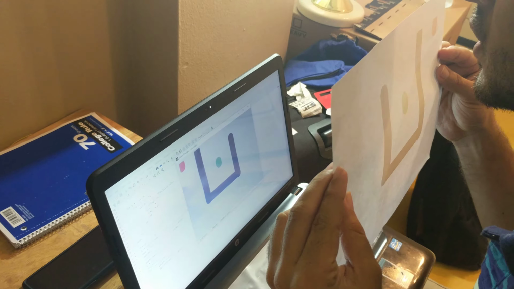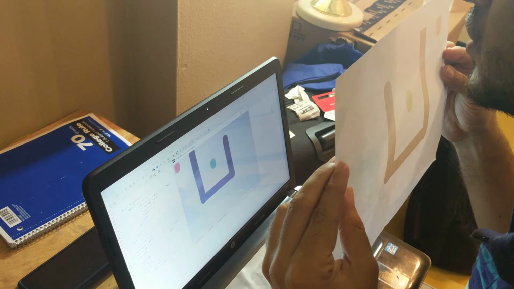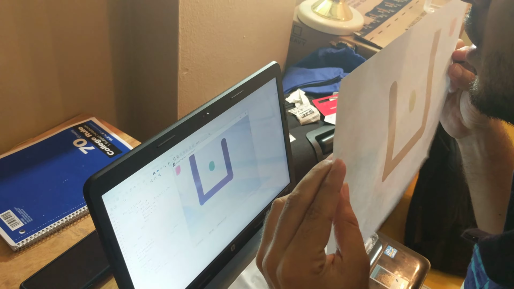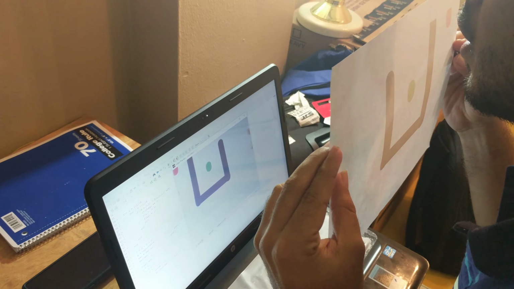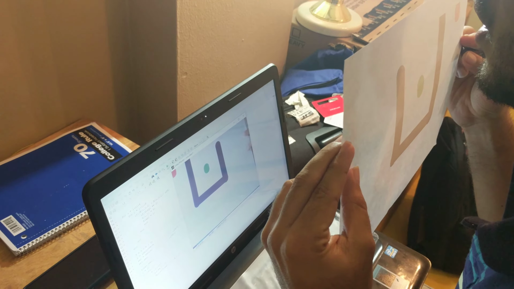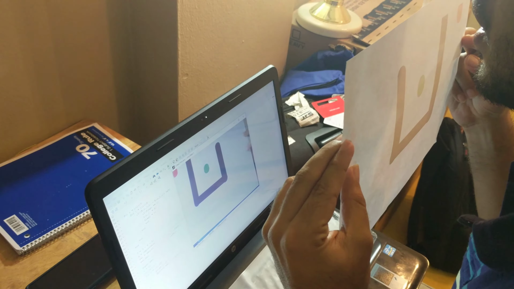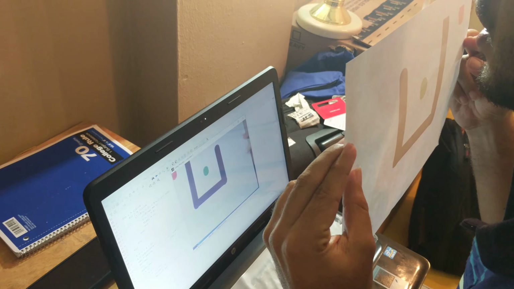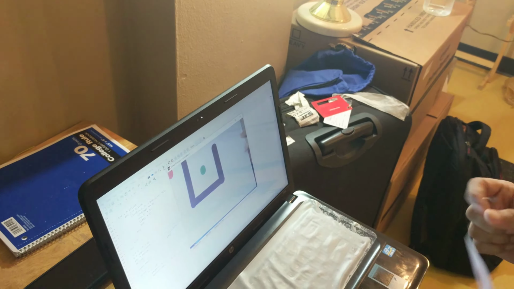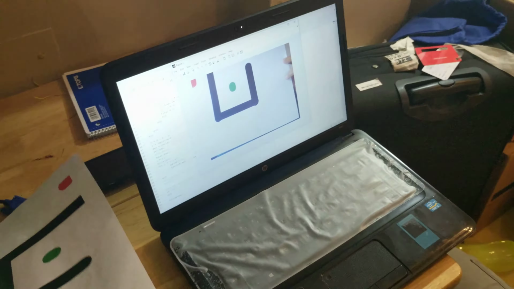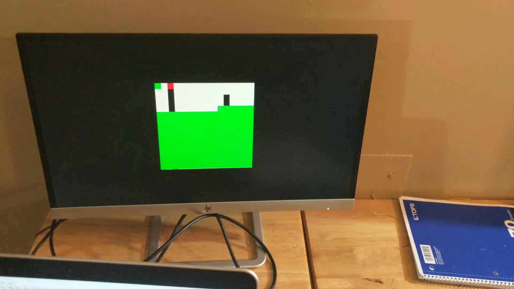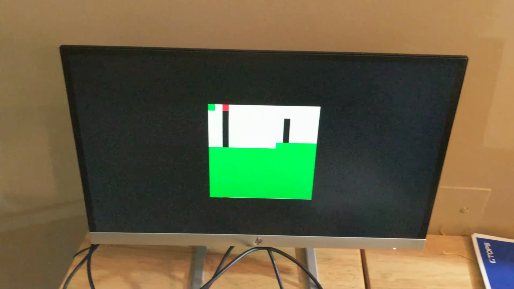So now I am scanning the image using MATLAB, and it will take a screen snapshot. Now the snapshot has been taken. Now it will be computing, and now we can see on the screen that the image has been loaded.